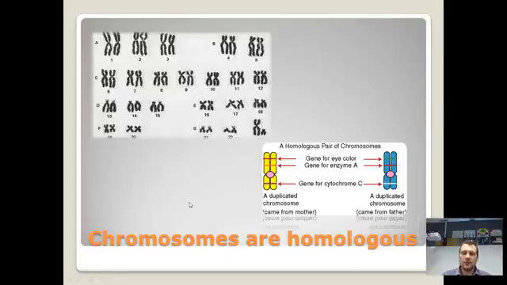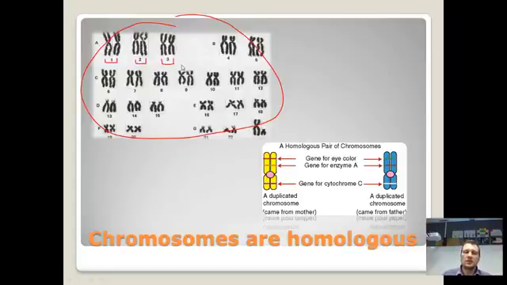Now, chromosomes are homologous. That basically means that all our chromosomes exist in pairs. There's a pair of chromosomes, there's a pair of chromosomes, here's a pair of chromosomes, and so on. Now, this diagram here is what we call a karyotype. What is basically done here is a cell in its dividing state, because you can't really see the chromosomes until they've condensed, and they only condense during cell division,